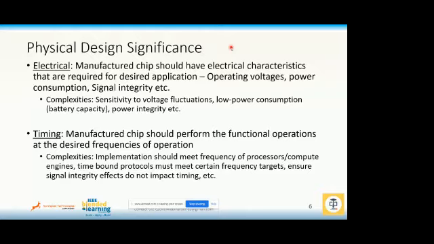There are several levels of complexity in how you meet your frequencies, and it's not only the speed of operation. Sometimes certain functionalities will not even work if they don't operate at certain frequencies. For example, let's take a mobile phone. You're talking, and the chip in the mobile phone has to process your speech data and send it across to a network in real time. At the receiving end, you need to receive that speech signal, process it and send it to the speaker so the other person can hear. All of this has to happen in real time. There are time-bound protocols defined for this, and if those timings are not met, the speech signals you are transmitting will not be seamless. You will have breaks. So the functionality that you have defined will not